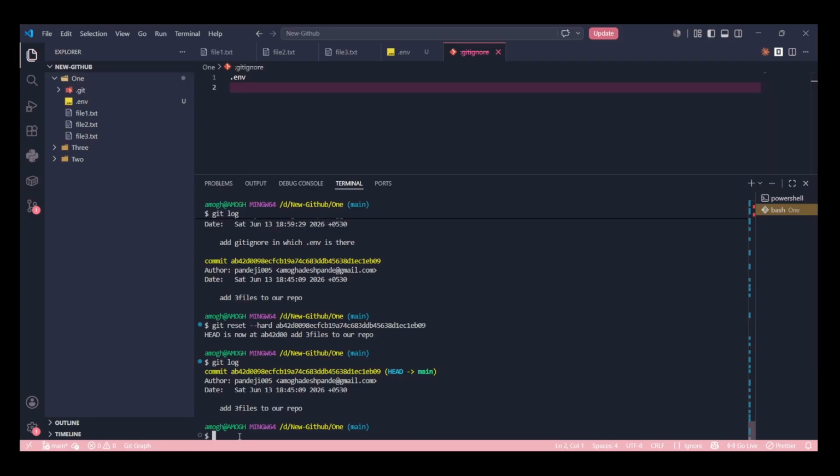Okay, let's just go far forward. Now we have understood how to go back into the history, how to add files. So for the sake of everyone, I'll now create one more. Right now we have done all the work in one, right? Now I'll go to 3. I'll now change to cd 3.